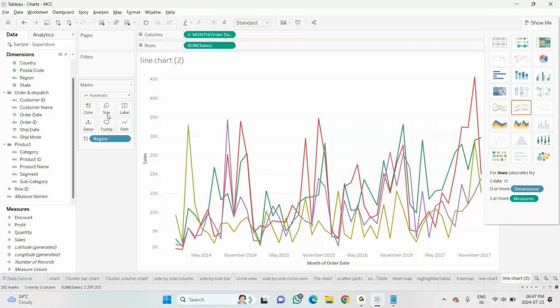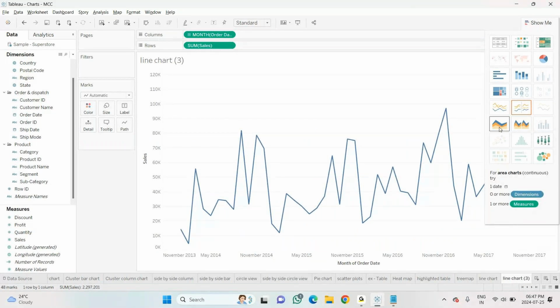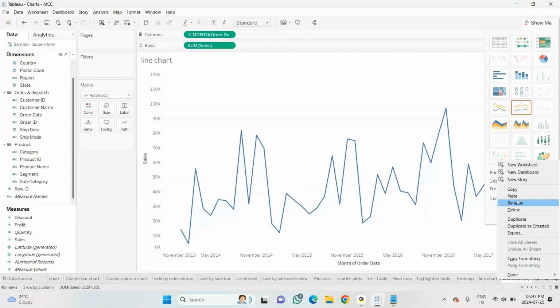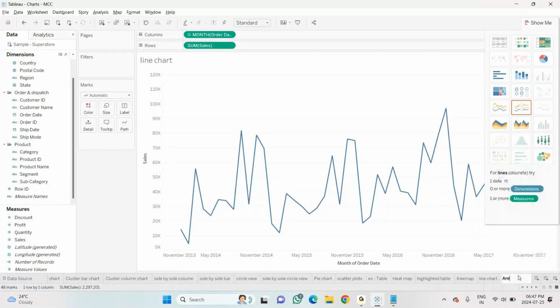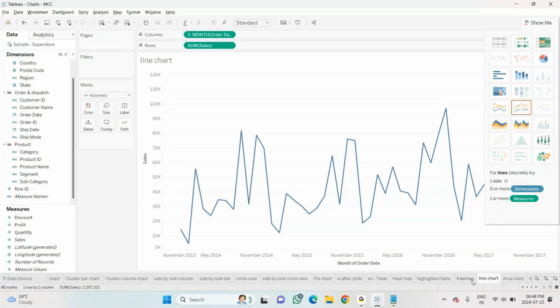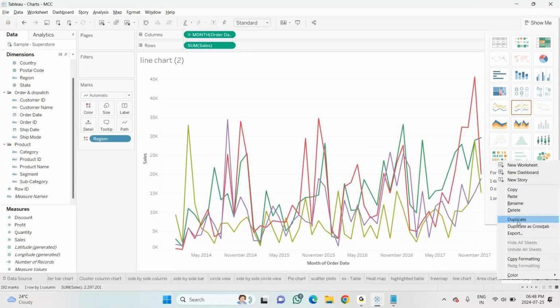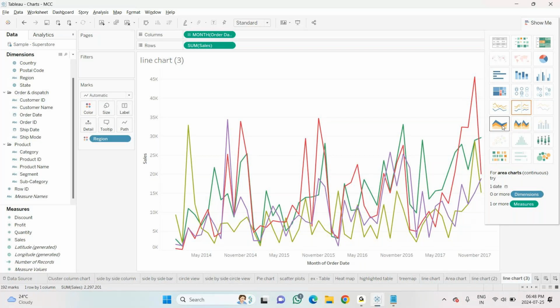So this is the next line chart. Now I'm duplicating this line chart again, and I'm clicking on this option, area chart. So this is just filling the colors. I will rename it as area chart. Again, this line chart which is having the colors, I will duplicate this again, and this duplicated one again I'm changing into area chart.